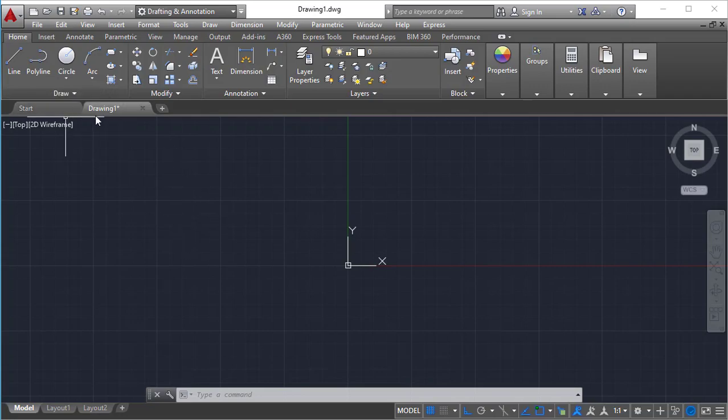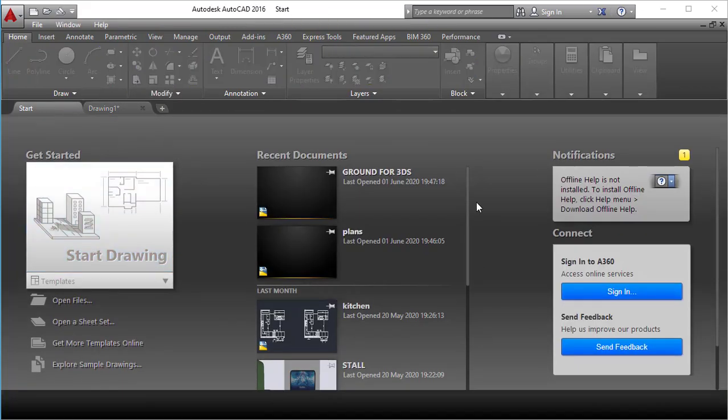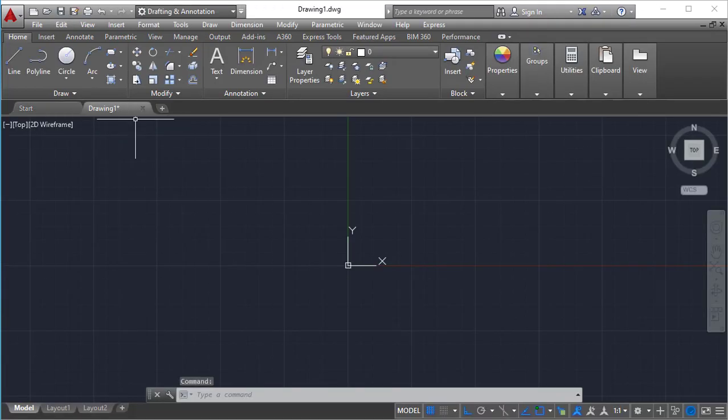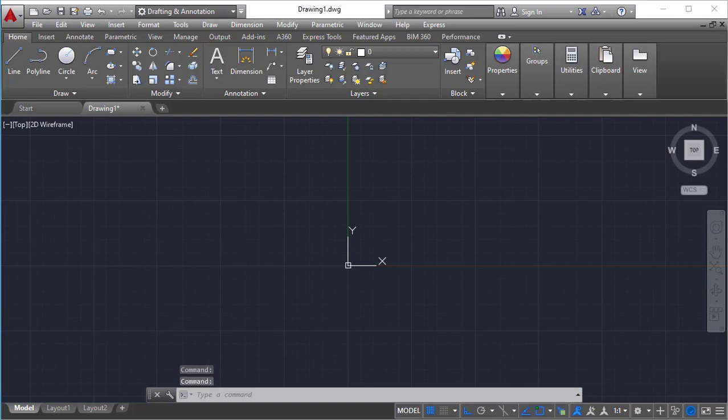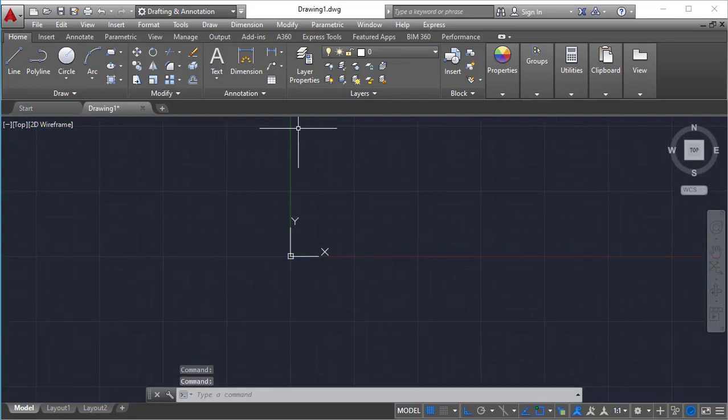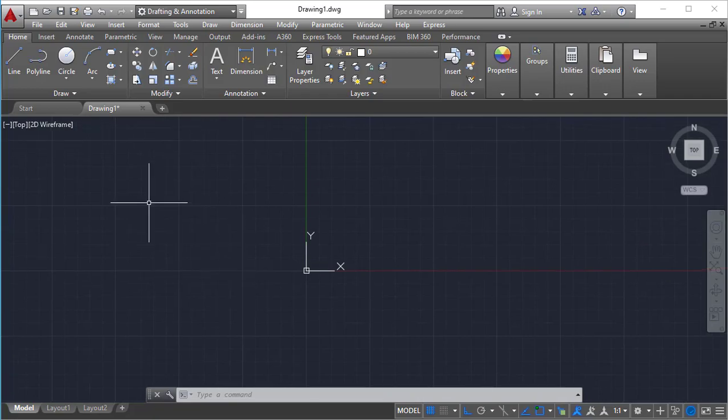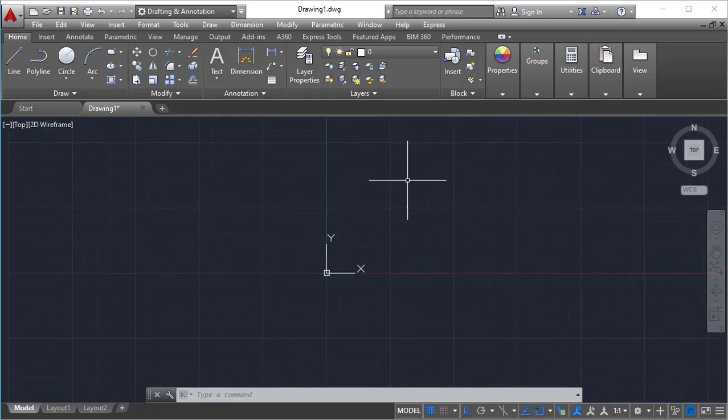Right beside that we call it file tabs. First time if you open AutoCAD, it will show this kind of window. You need to click on start drawing. If you click on start drawing, it will create a new window like this. It will show like this, and you can see your previous works also. And the drawing area, we call it the workspace. Whatever is mentioned here, we call it workspace, and in some other CADs we call it workbench and graphic window and all. You can name it whatever you like, but here we do the major part of the work. Whatever work we need, we will do in this area.